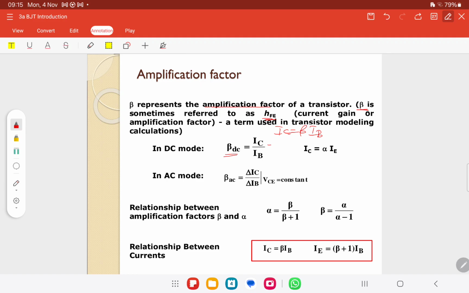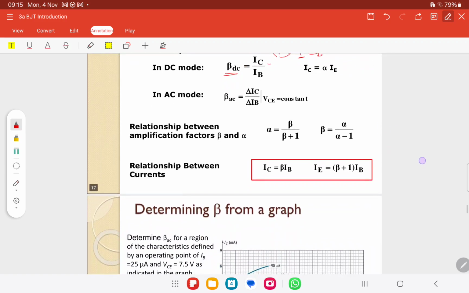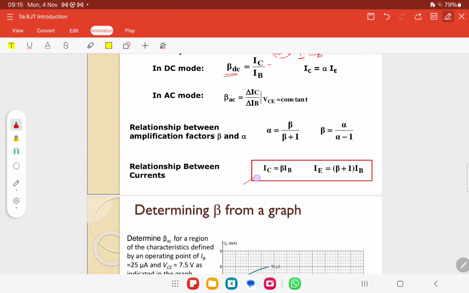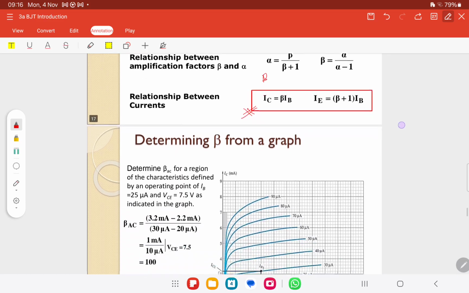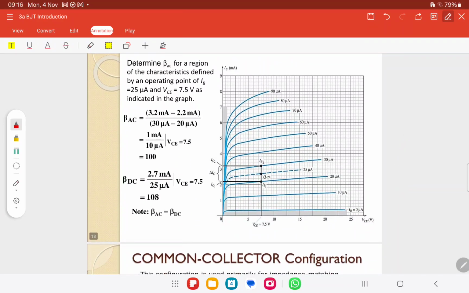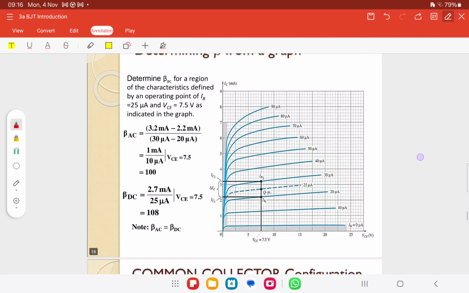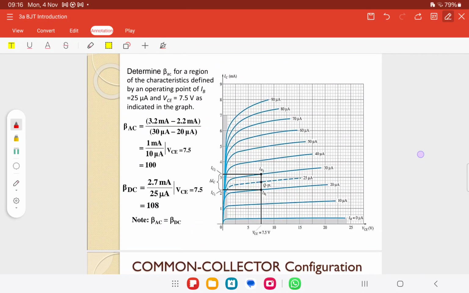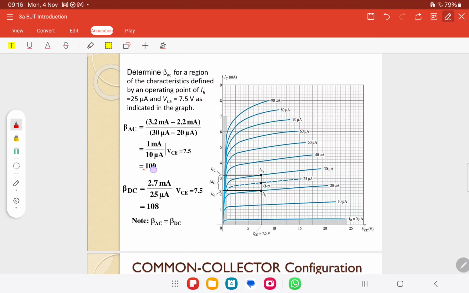Okay. For this one, kata kalau kita dah ada IB, dah dapat the value of IB, then kita boleh dapatkan the value of IC from the beta value given. Okay. So this one, yang kotak merah ni, you need to memorize this one. Will not be given dekat dalam soalan. Okay. Beta value akan diberi. Beta value will be given. Alright. So this is to get on the beta value. We just keep this one kot. I think tak perlu. Oh, okay. It just nak tunjuk from the